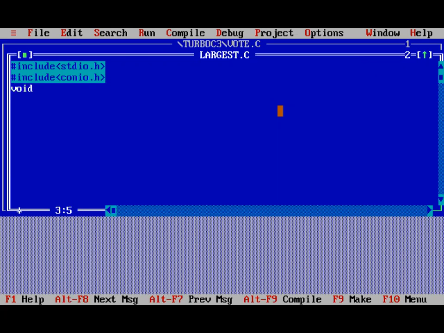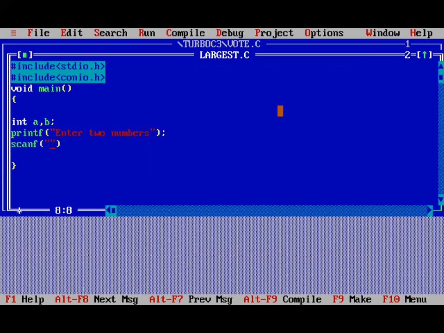Then void main. Here we get two numbers from user that we store in A and B. So here we give the message enter two numbers. Scanf. Here we want to scan two values.